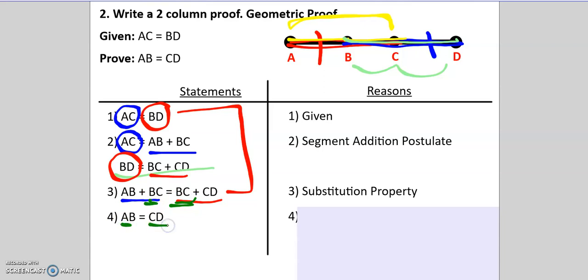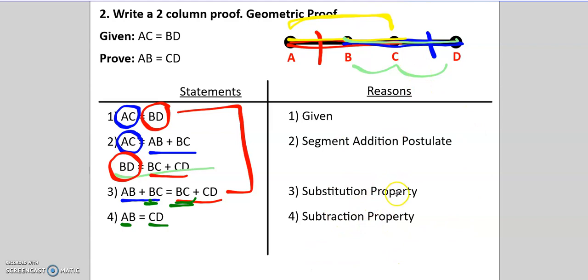So now there isn't a BC on both sides. So what did we do? We subtracted BC from both sides. That's the subtraction property. Okay, it's all about looking at the steps prior, putting the steps together, making connections between the statements, and then getting used to what our possible reasons are. There's that whole Google Doc, guys, that you want to have printed out so you can access it when you